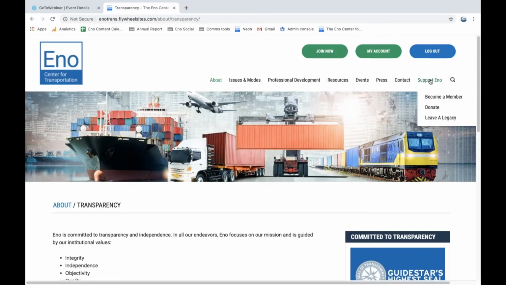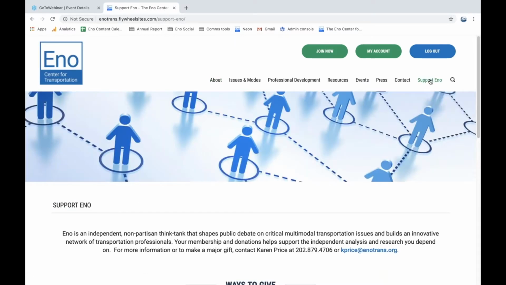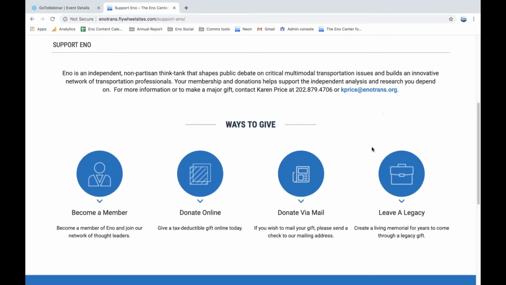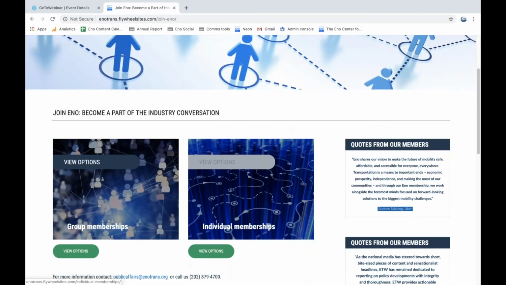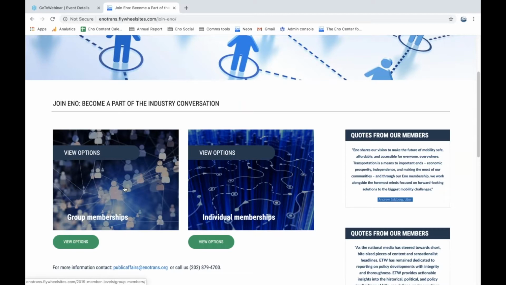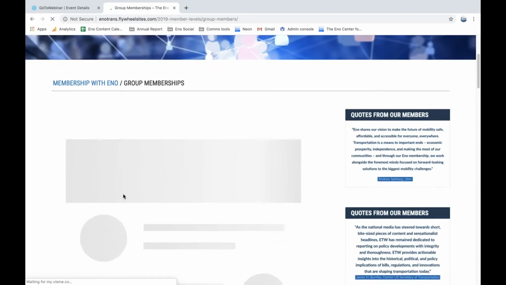In fact, if you want to support Eno, there's lots of ways to get involved. You can donate directly to support our research or professional development programs via an online donation or mail. Or you can create a living memorial through a legacy gift. If you have any questions about any of these options, contact me, Karen, and I'd be happy to give you some more information. Of course, if you'd like to become a member of Eno, you can do that as well. Eno offers individual or group memberships, and you can see the benefits and levels available for each one of these. You click here,